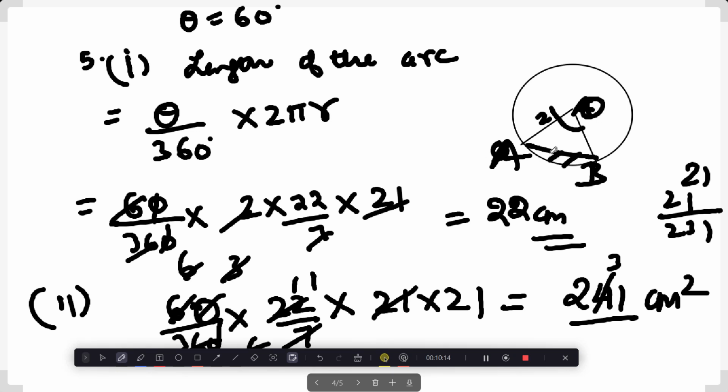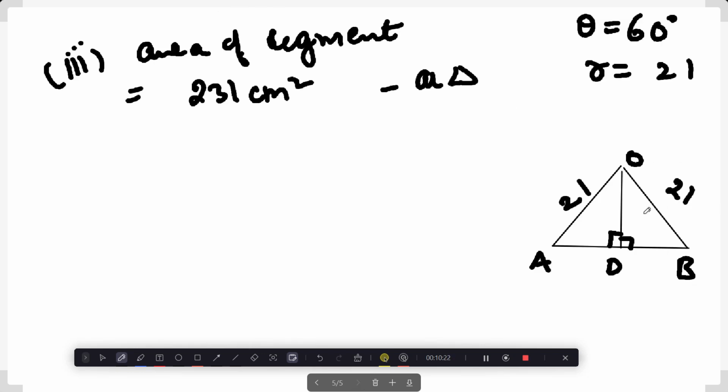We have to find out the area of this segment, which would be the area of this sector, which is 231 centimeter, minus the area of the triangle. So we are finding out the area of the triangle. How do we find out the area of this triangle, right? It's half into base into height, right? We don't know the base, we don't know the height. Base is this, AB. Height is this, the perpendicular that we have drawn. So what is the value of AB? We know this angle. We just found out, this is 30 degree, right?